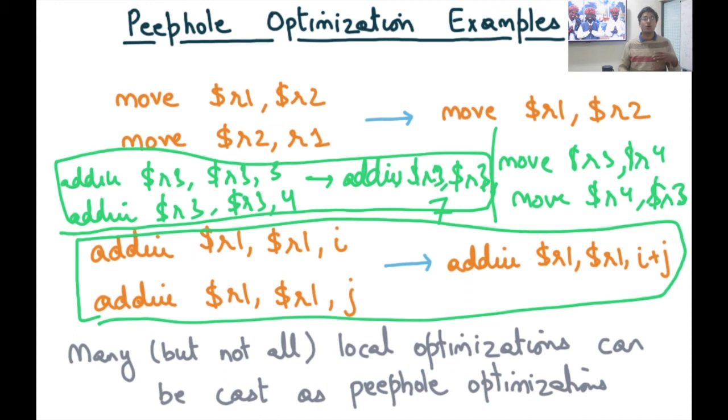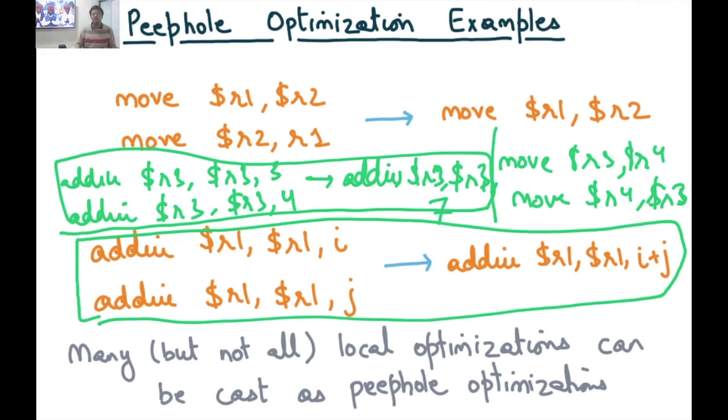So for example, let's look at copy propagation. When we say copy propagation, the statement W equals X, which is a copy, can be a lot of distance away from the actual use of W. And trying to cast it as a peephole optimization rule would require us to have a really large window of pattern matching rules that should match with that particular instruction stream. And that would be a little wasteful, right?